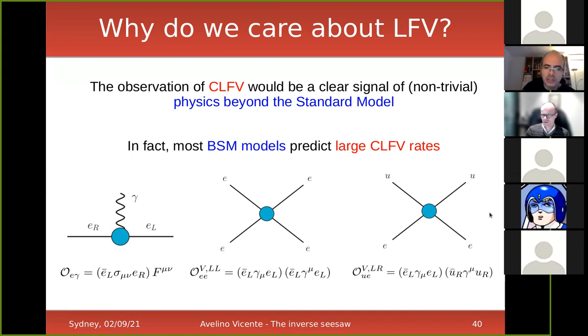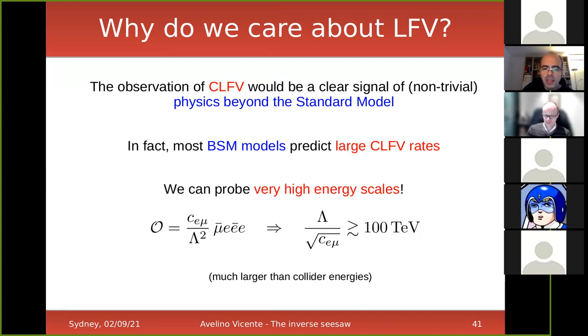The coefficients of these operators are very large. For example, if you have a four-fermion operator of this type, so this is a very simple four-fermion operator with muons and electrons that violates both the muon flavor and the electron flavor, the coefficient in front of the operator, which is of dimension 6, sorry, has to be larger than about 100 TeV. So you see that typically the constraints that we have for these lepton flavor rates are so strong that you get constraints on these coefficients that are actually larger than the collider energies that we are handling at the moment, for example, at the LHC.